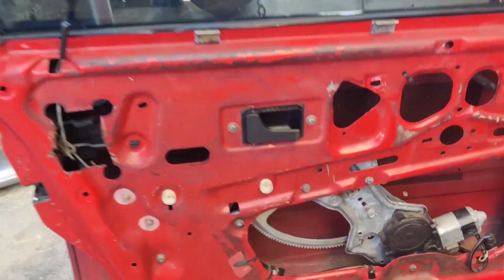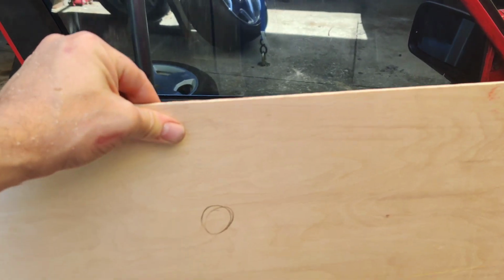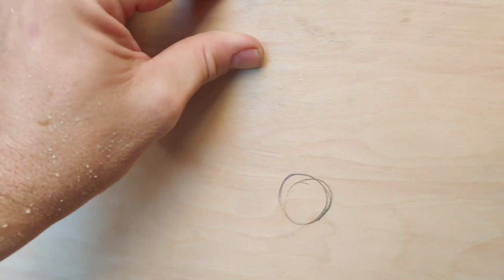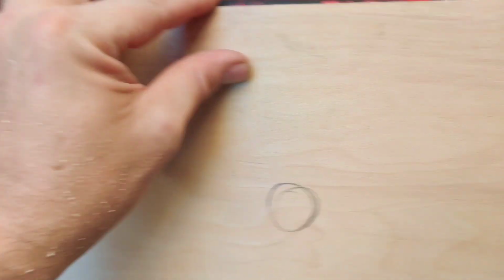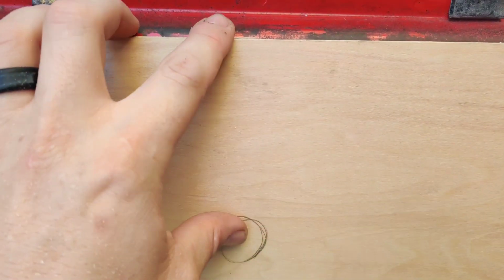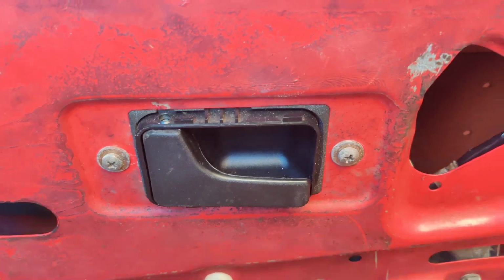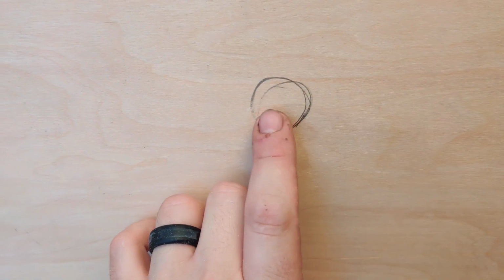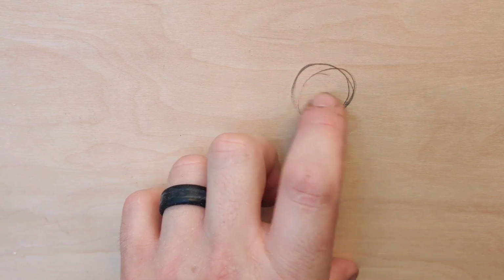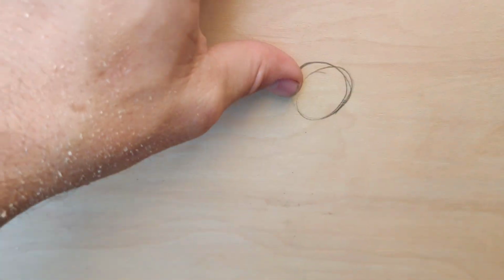So in order to get the door handle to line up, what I'm gonna do is take my door panel, line it up where I want it exactly, so along here, and then flip open, see where the door handle is, and I made a marking that was closest to the center. I'm gonna drill a pretty large hole there,